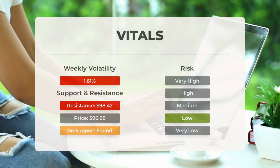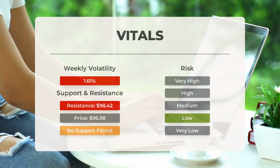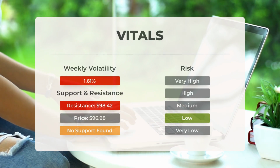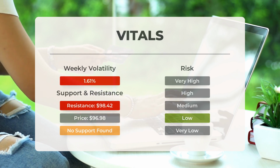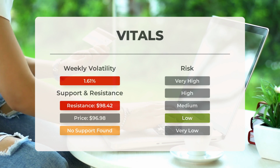Let's talk about support, risk, and stop loss for Exxon. Currently, there is no support from accumulated volume below today's level. This means that if the right conditions are met, the stock may perform poorly in the next couple of days. However, it's important to note that Exxon generally has controlled movements and good liquidity, which contributes to a lower risk